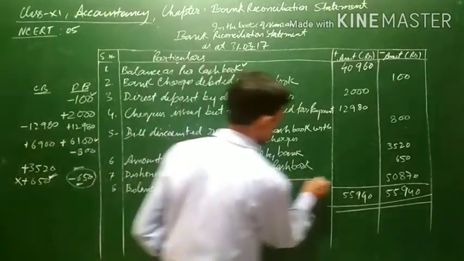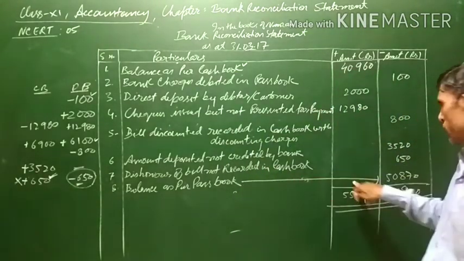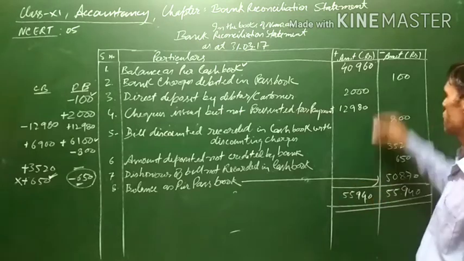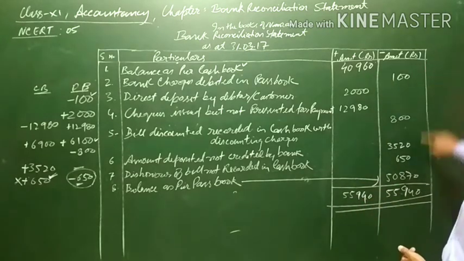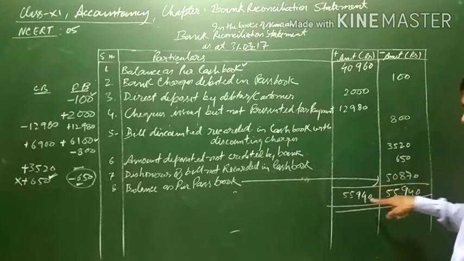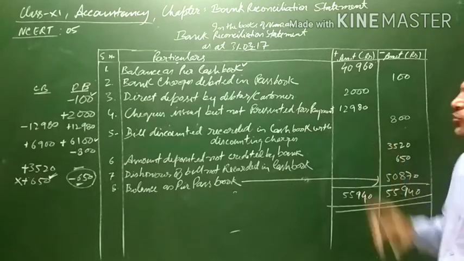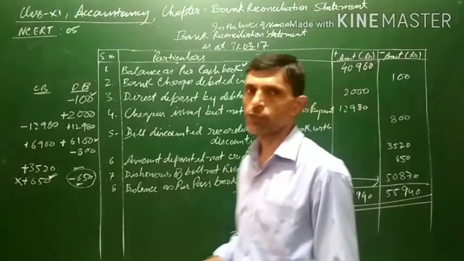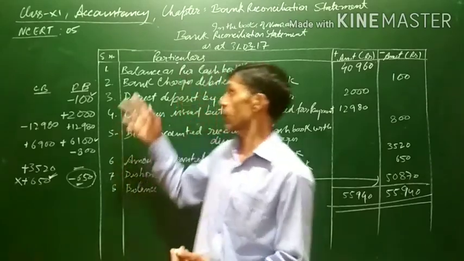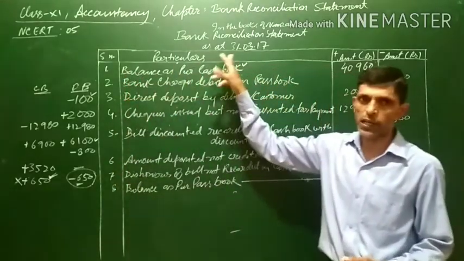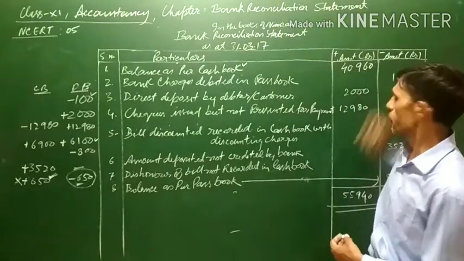Now the difference is the balance. This line is not to be drawn. I am just drawing the line to indicate that this is the balance of the passbook. Total of this is 55,940, and all the minus items will be deducted from this, and this balancing figure will be the balance as per passbook. So this is question number 5. Question number 4 and 5 we have done. Next we will start with some other question, in which we will have the unfavorable balance which is written in the minus column.